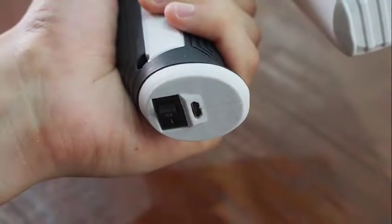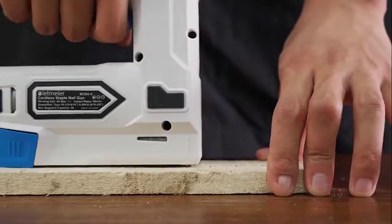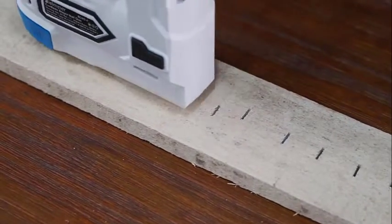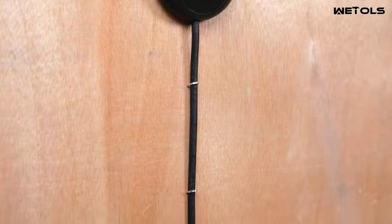When it comes to upholstery, a staple gun is an important tool to have on hand. Upholstery is a great way to add personalization and comfort to your home furnishings. Not only does it make the job easier, but it also helps to ensure that your upholstery is secure and